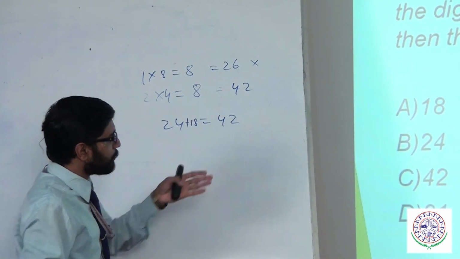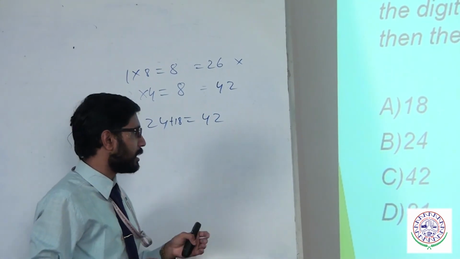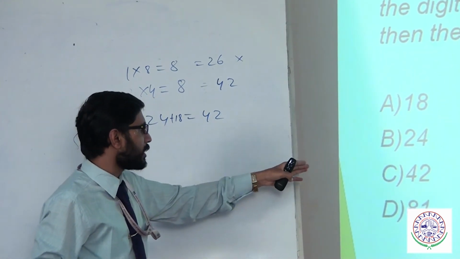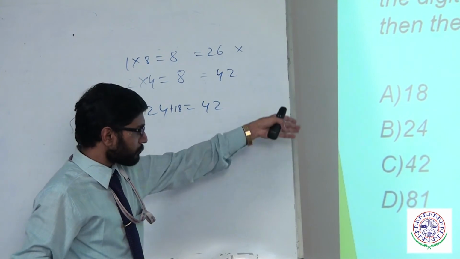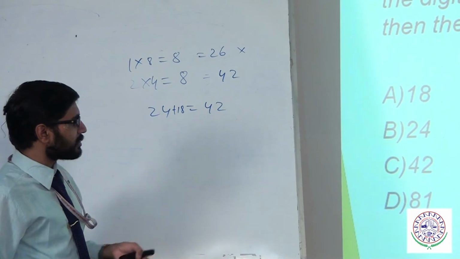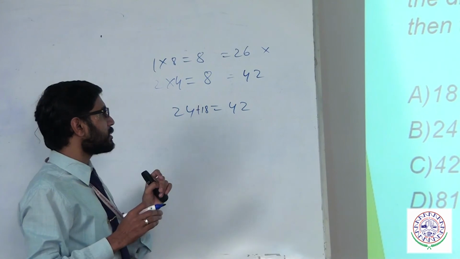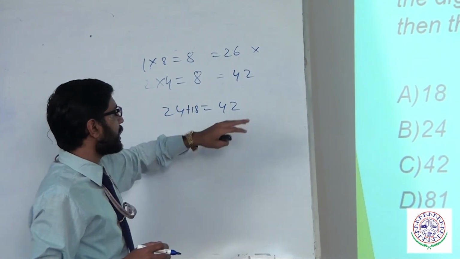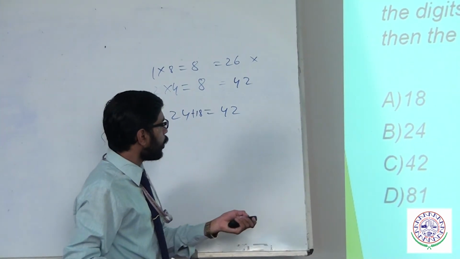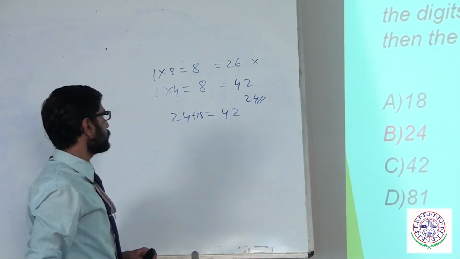Directly we can say that option B is the right answer. You can also try the options in a different order, randomly, and you can easily get it. For example, if you take the third option 42, 4 into 2 is how much? 8. But 42 plus 18 will be 60, so you will not get the correct answer. Similarly with 81, you will not get the correct answer either. So whenever you get such questions, go with the elimination method. You can get the answer very quickly, in just 30 seconds. So the answer for this question is option B, that is 24. 24 is the correct answer.